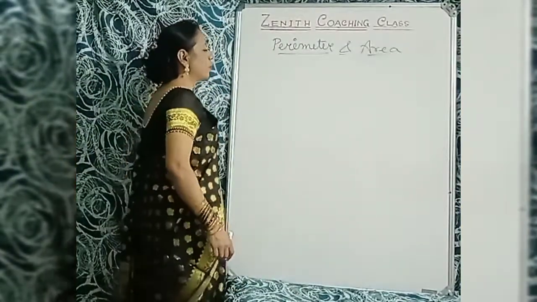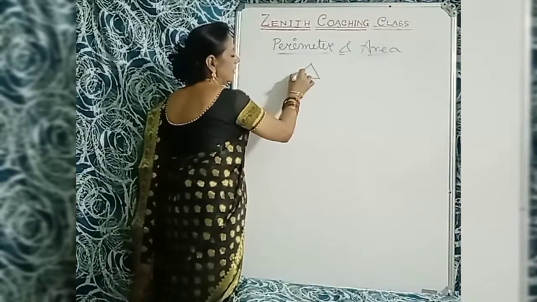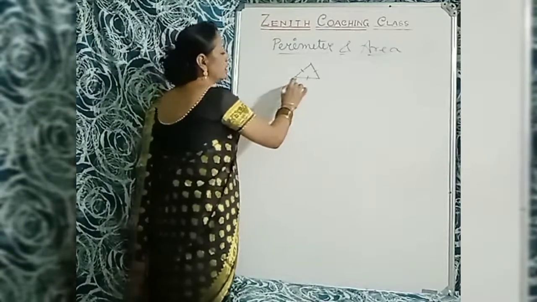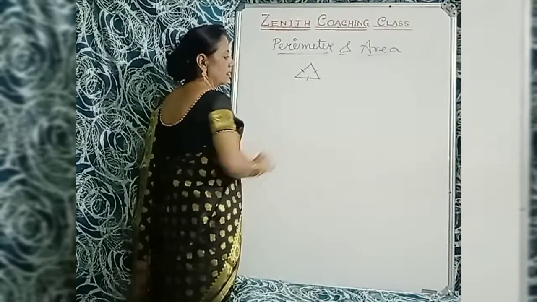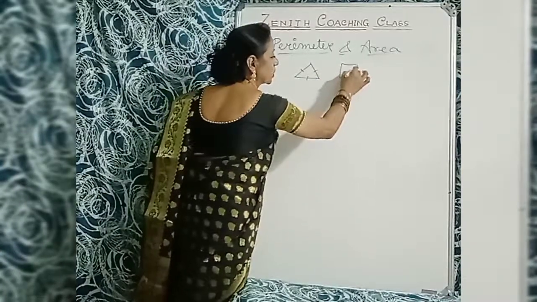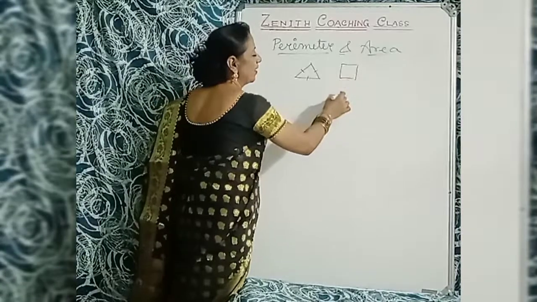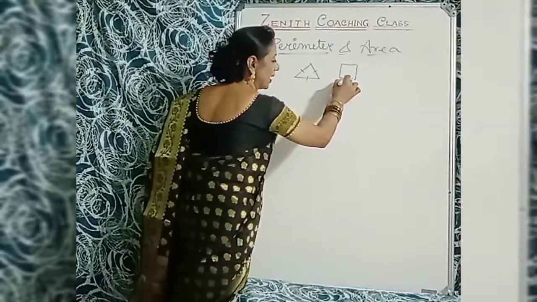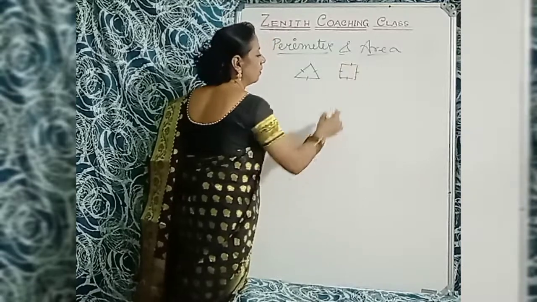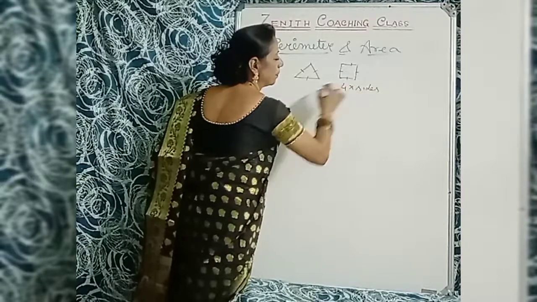Okay, so perimeter, and there is perimeter of a triangle, that is side plus side plus side. That is, the sum of three sides equals the perimeter. And perimeter of a square, it's a good square, you know. Perimeter of a square: all the sides of a square are equal, so here it is 4 multiplied by the side. Okay, that is the perimeter.